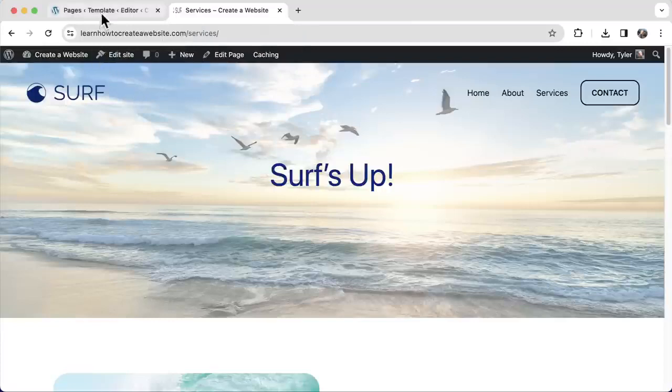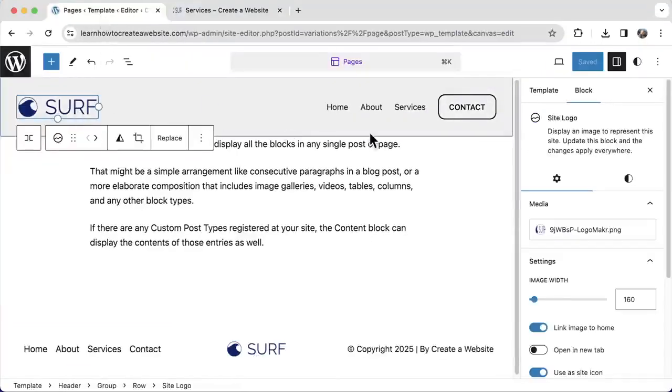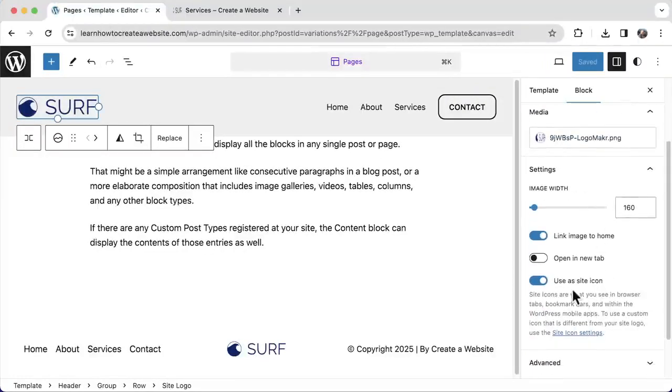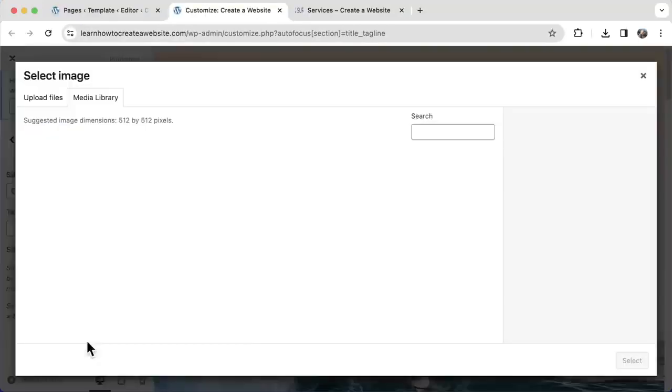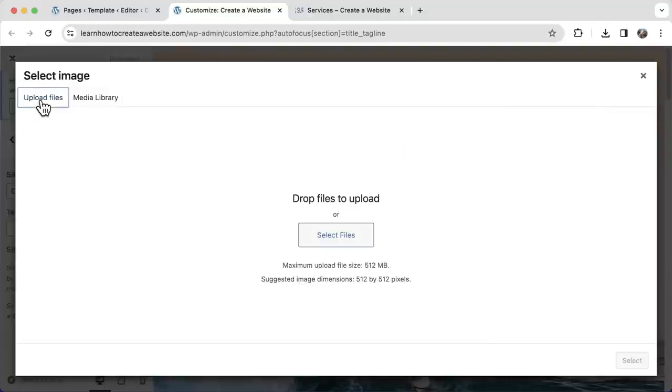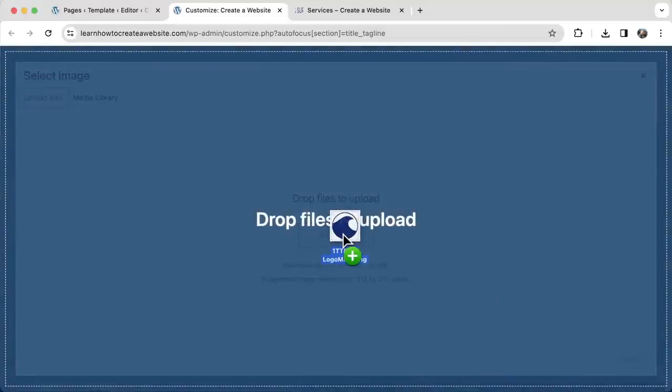All we have to do is go back, right here, and then just click on our logo up here, and then go over here and where it says use as site icon, we can uncheck that, and then we can save that. Press save again, and then go to site icon settings right here. That's going to open up a new page, and now we can go over here and go to select site icon, and then upload files, and